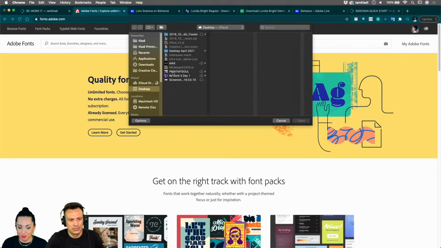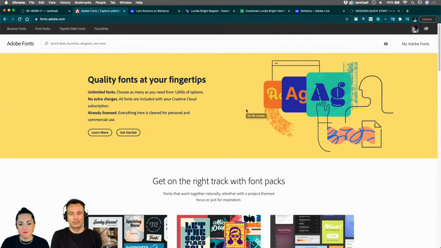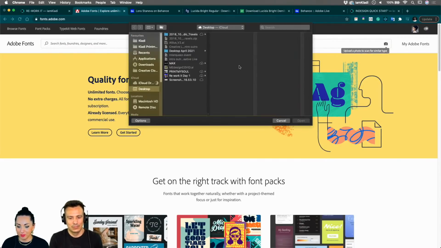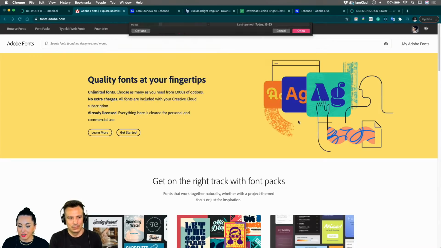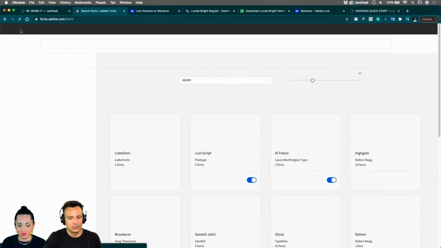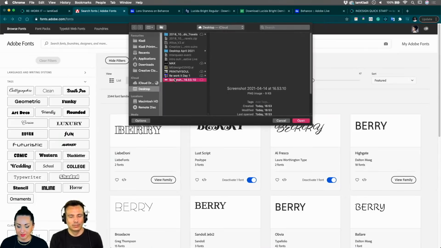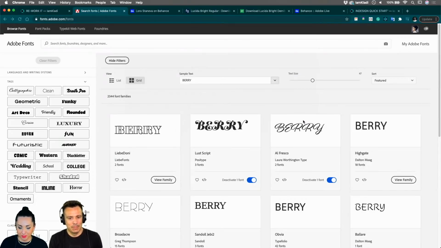You will be able to upload the image of the font, and you're going to let Adobe Fonts do the magic for you. So basically what is going to happen here is that Adobe Fonts is going to look for fonts that look exactly like the font that was used. And again, it looks like it's taking a second to think about it. Let's see if we can actually drag it in here. And I know we've got 1 minute. If it doesn't work, we can pick it up from here tomorrow.